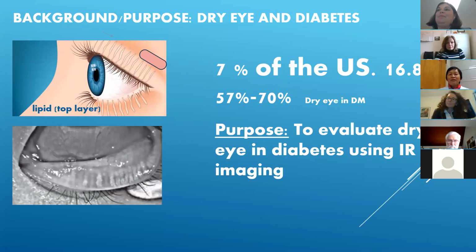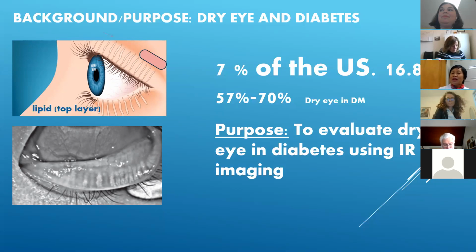So I want to talk about the background and the purpose. What is meibomian gland? Those are the glands in your lower lid. If you look in the left-hand side of the screen, the picture there, you have these vertical striations. They create the lipid layer of your tear film. There are 3 layers of your tear film. The middle layer is the aqueous made by the lacrimal gland, the pink oval there in diagram between the eyeball and your eyebrow. And the inner layer is glycoprotein made by the cornea. If you're missing any of these layers, you will have dry eye and some discomfort. Some people have severe discomfort and pain.